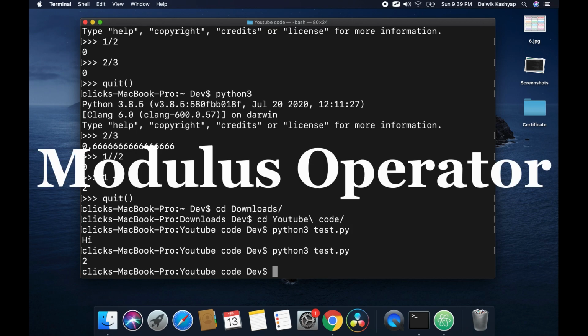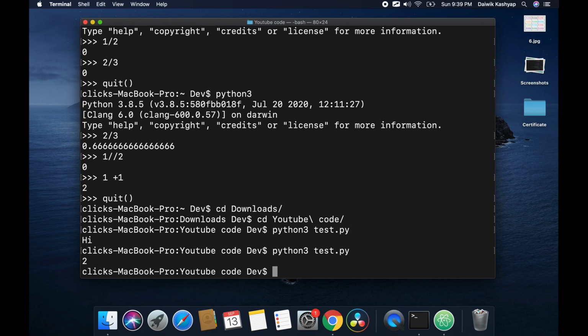And now coming to the next topic, we have modulus operators. The modulus operator works on integers and yields the remainder when the first operand is divided by the second operand. So basically the modulus operator is represented by a percent symbol. Suppose that I type in, what is the round off value for 7